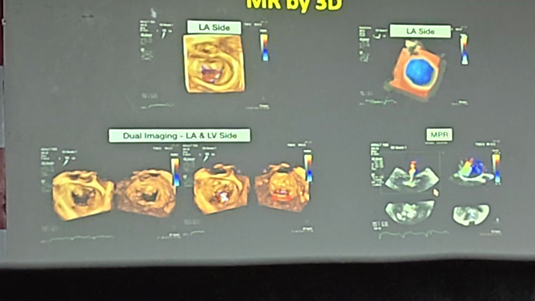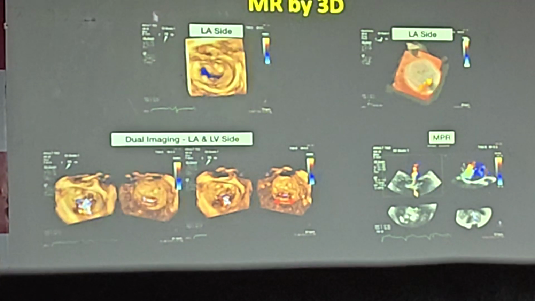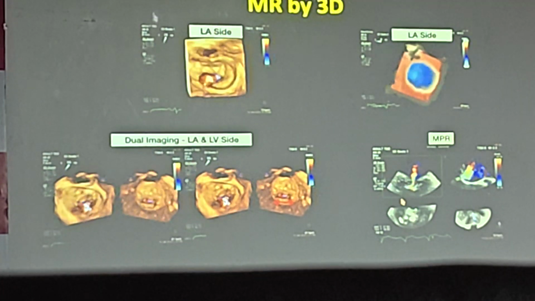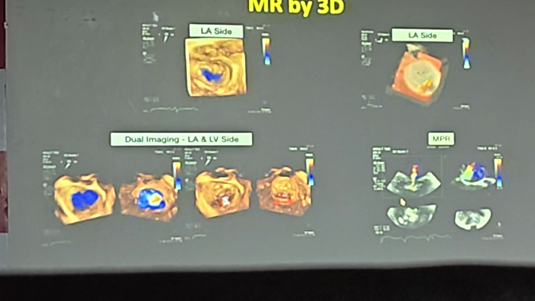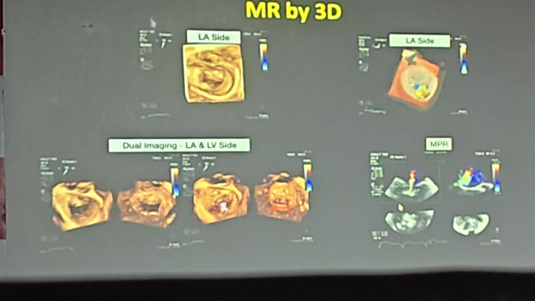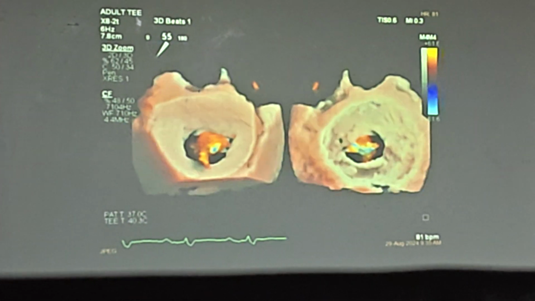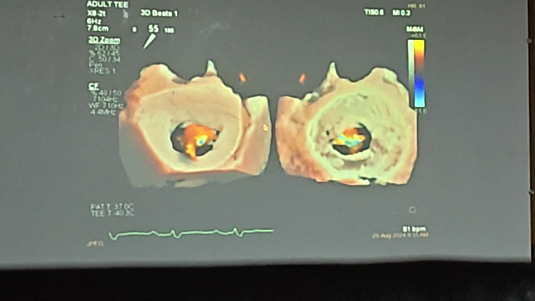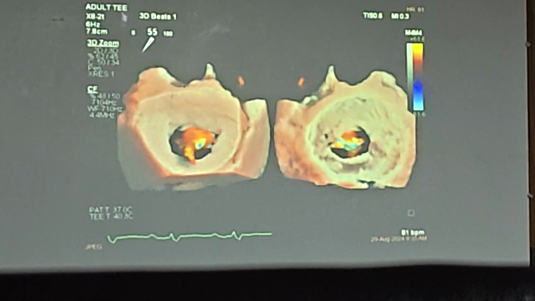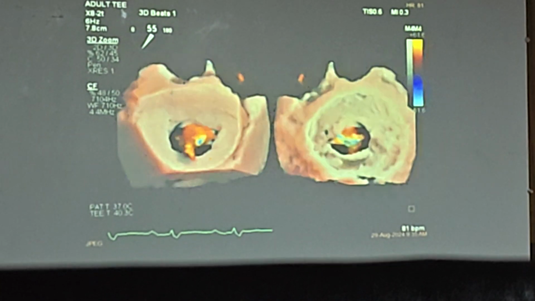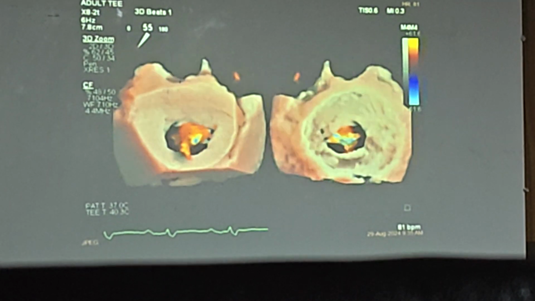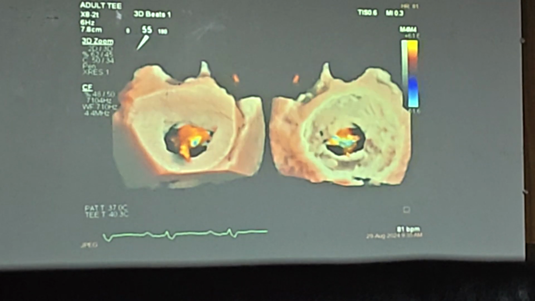And you can use the MPR also to understand the location of the jet, looking at the vena contracta area. It's a little tougher, but that's how the MPR works, though the value is different in some specific scenarios. And this again is a closer look. Most of the high-end machines, most of the vendors, do have this, so you can see it simultaneously from both sides. You can see the MR coming back into the LA, and from the ventricular side you can see the MR entering.